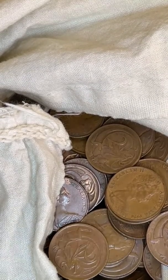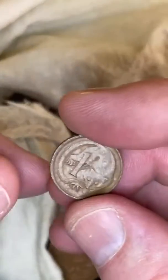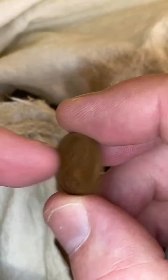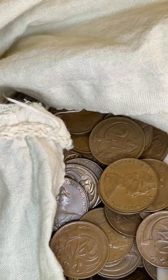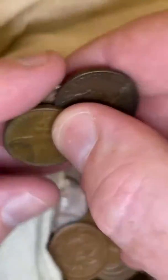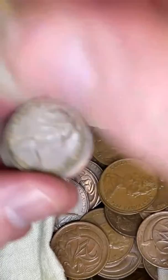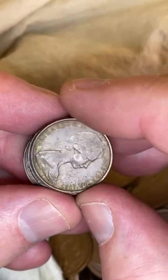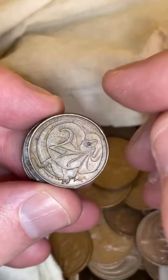So I'm just sorting out here because some of this bag has got some 1-cent coins in it as well. So I'm just sorting the 2-cent coins at the moment. I'll go through some 1-cent coins another time, but I'm just trying to get the 2-cent coins into a little pile, so I can check these ones out. 74, 67,